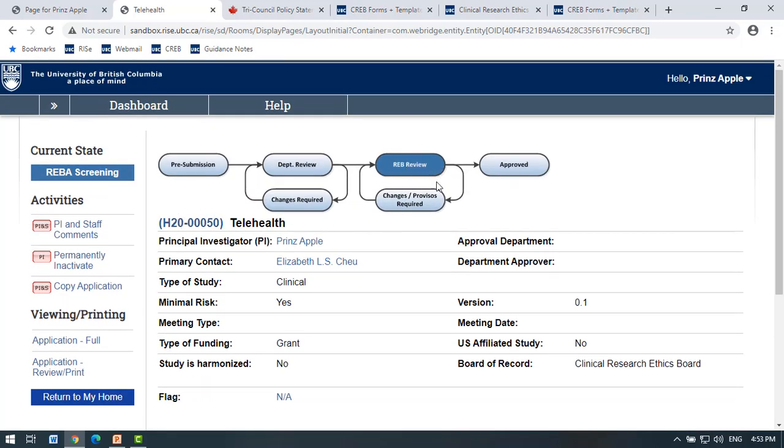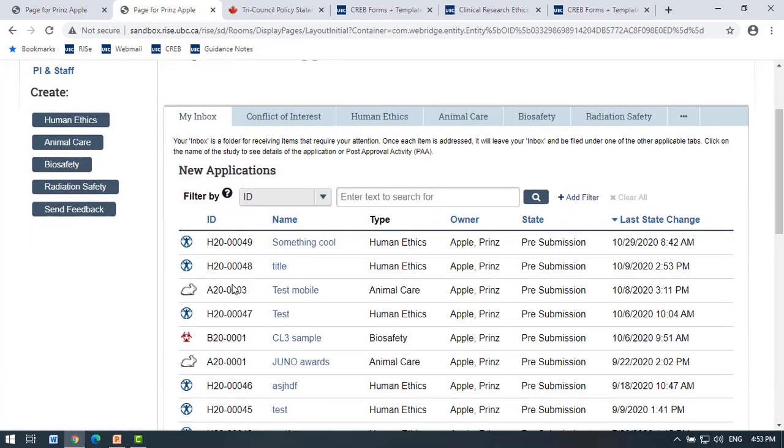this particular study is off to the screening. So the research ethics board is screening it. So if we go back to the home page, it will not appear on your working documents, but it will